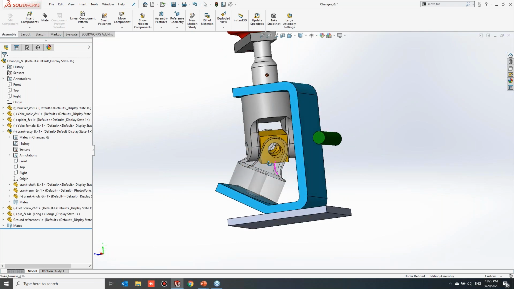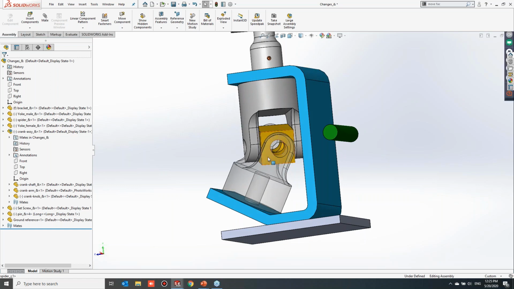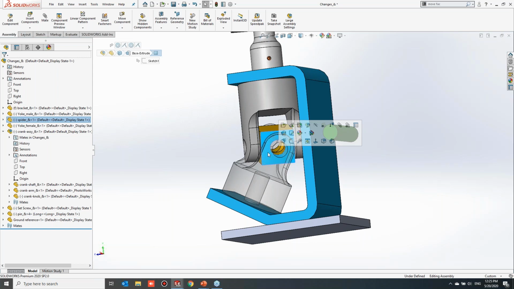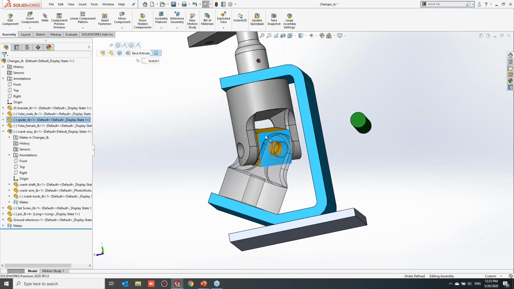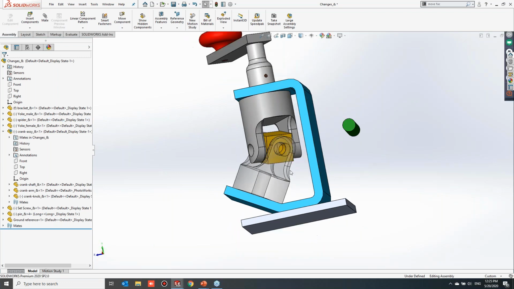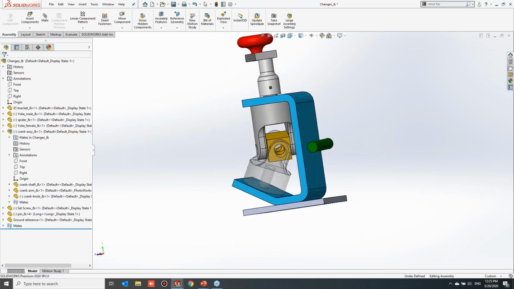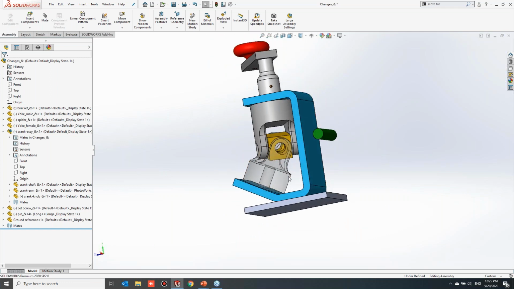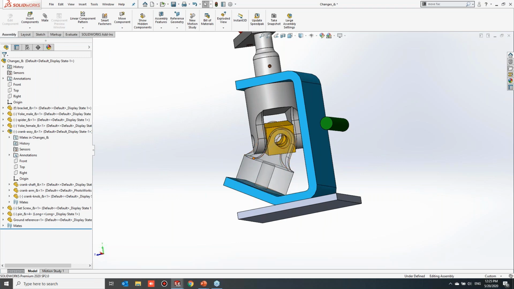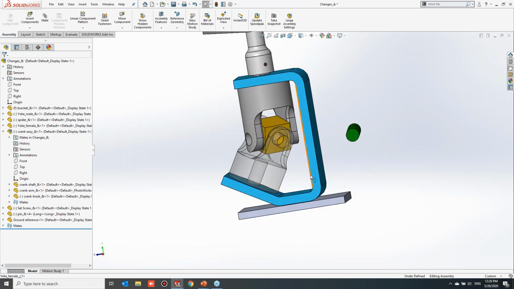When you are making any selection through a transparent component, by default in SolidWorks, it will select through the transparent part to whatever part is behind it. Here it is the spider, because the spider is located behind this transparent component. Just assume there are some components behind this. So what we can do is, by holding the Shift key, we can make a selection of the transparent component.